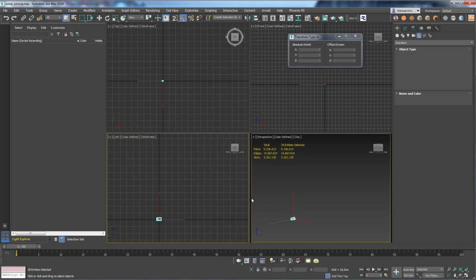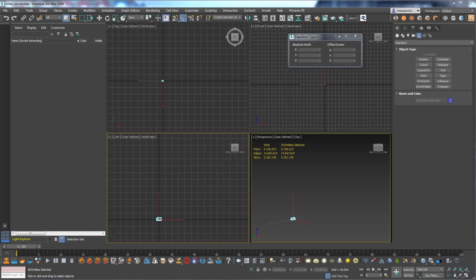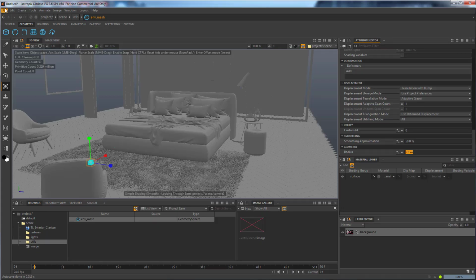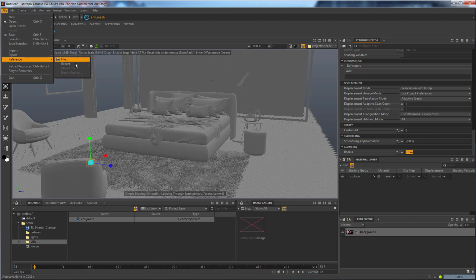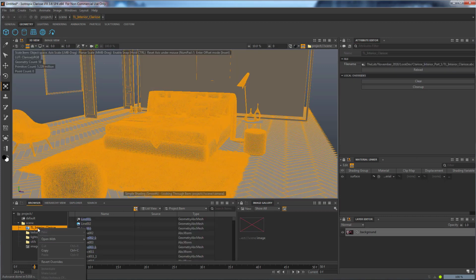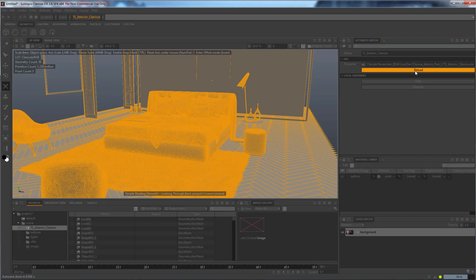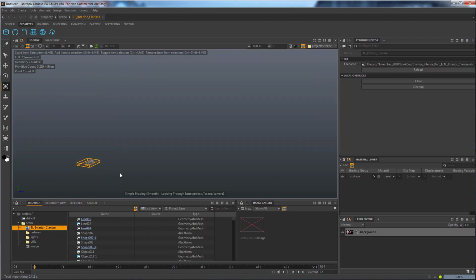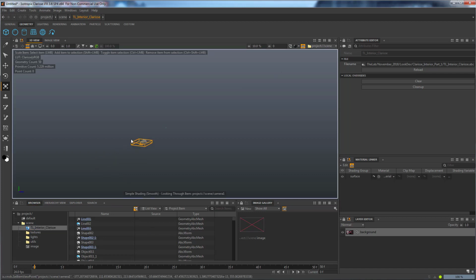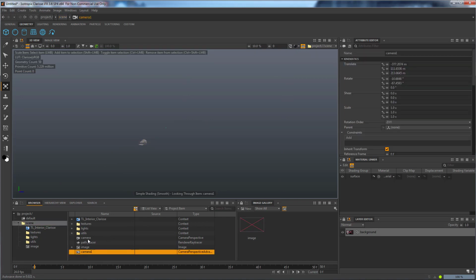And the nice thing inside Clarisse is that this one is a reference, so we can just go inside reference. We see everything, we pick this one, right mouse button, and you have there the possibility to reload. Okay, so now the scale is still wrong, so let's go there, let's pick the camera and this